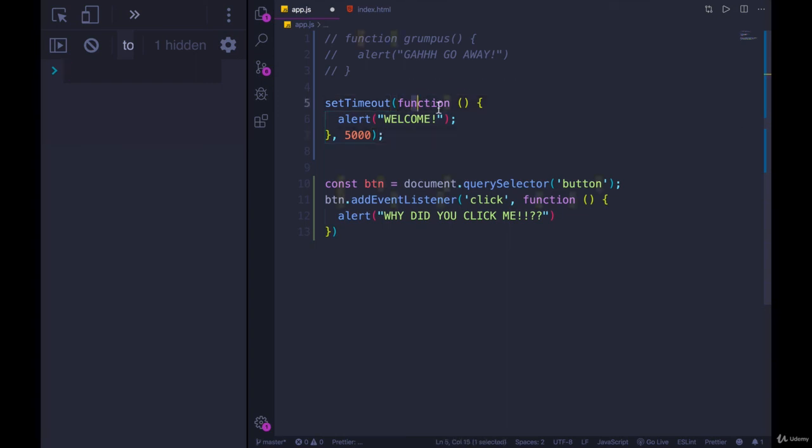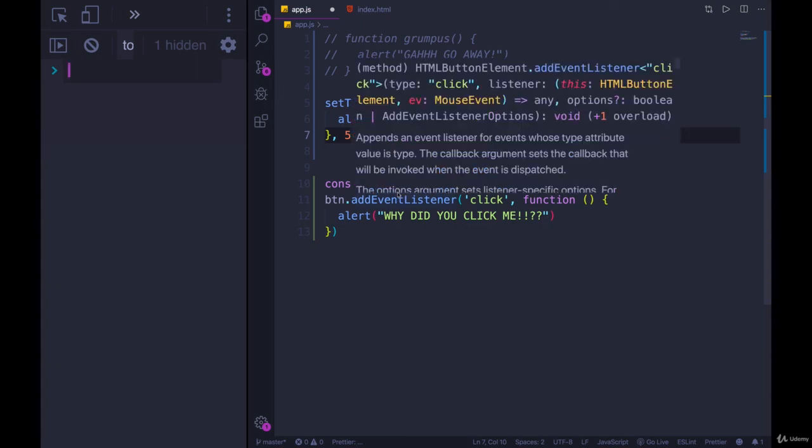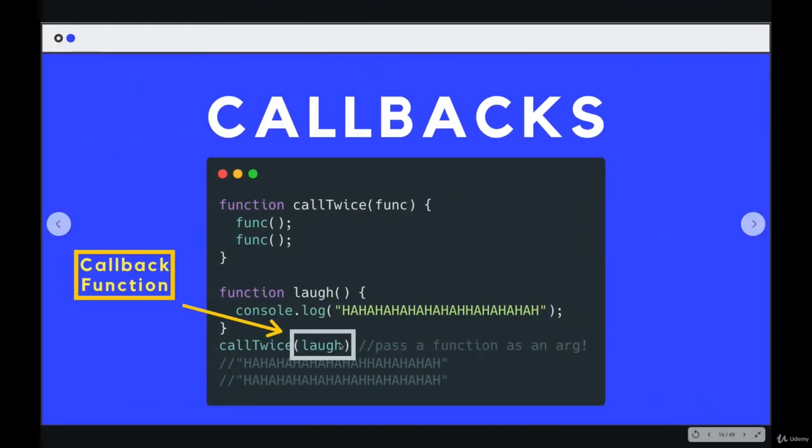In fact, this is such a common thing that there is an even shorter way of doing this, a shorter syntax that we'll see in the next section. So this is just an intro to callbacks, the idea of passing a function in to another function. The term that describes this function we pass in is callback. All right,